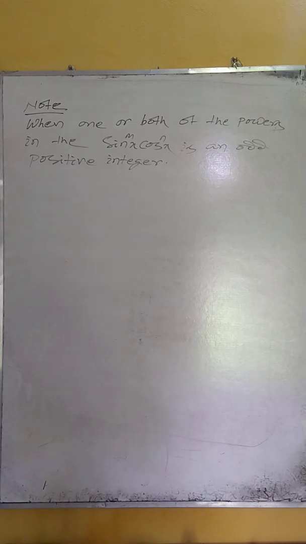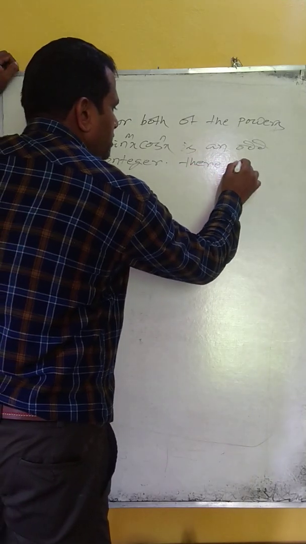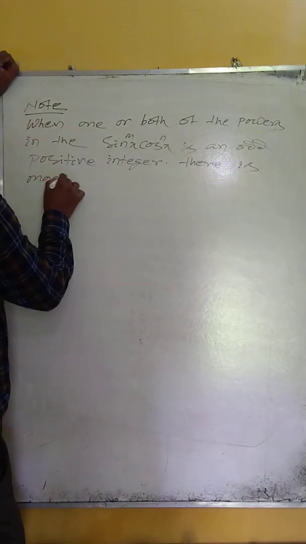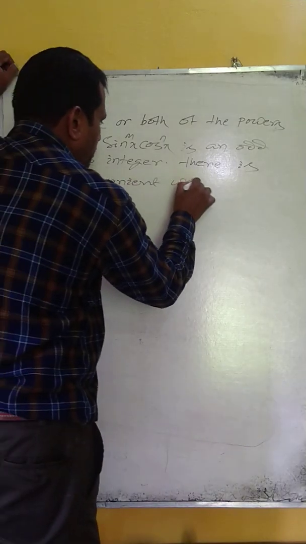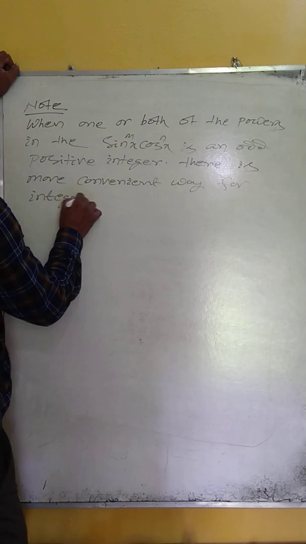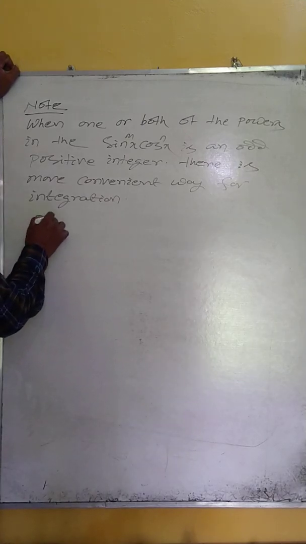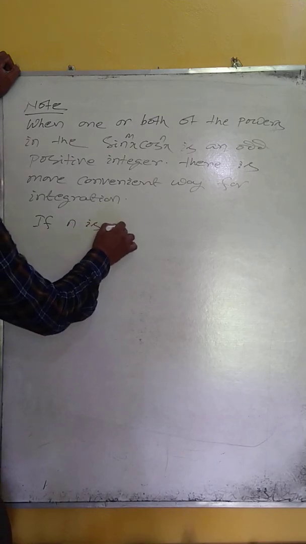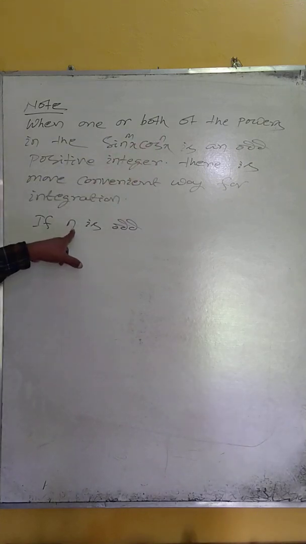There is a more convenient way for integration. If n is odd, in the product of sin to the power m x into cos to the power n x, suppose n is an odd positive integer,